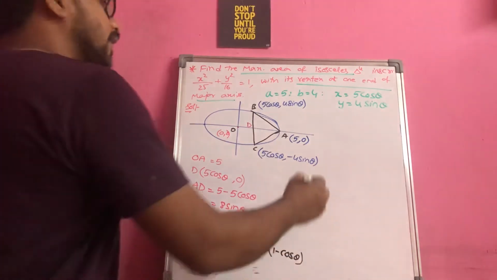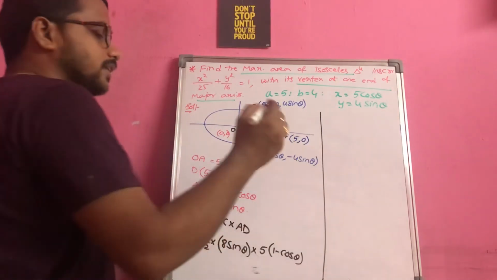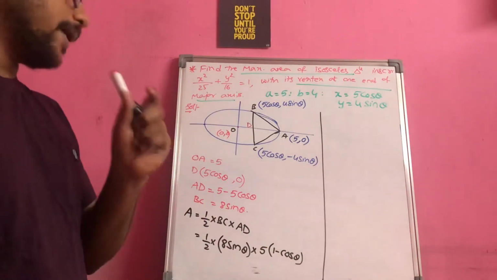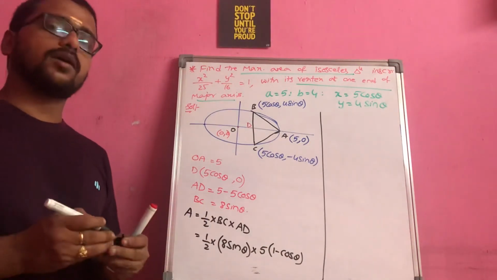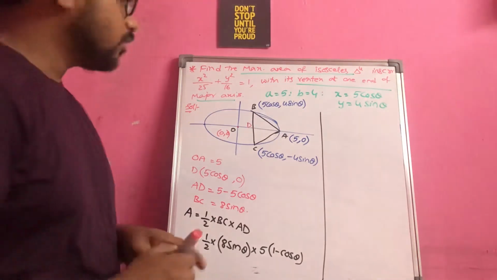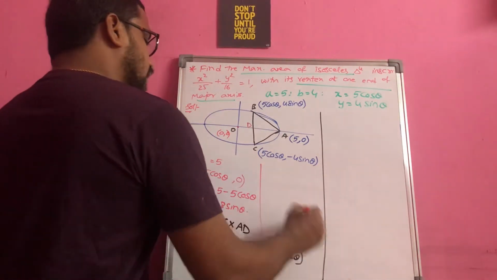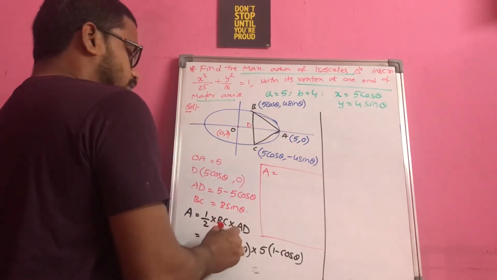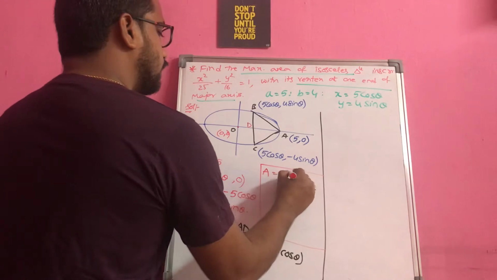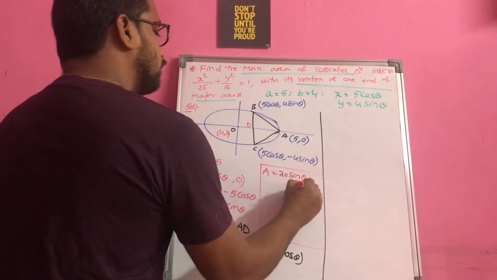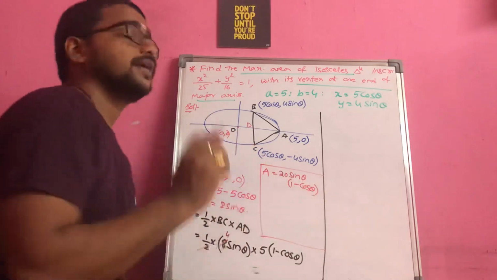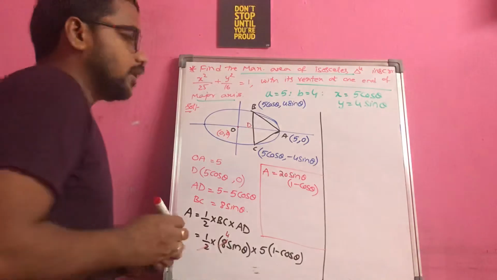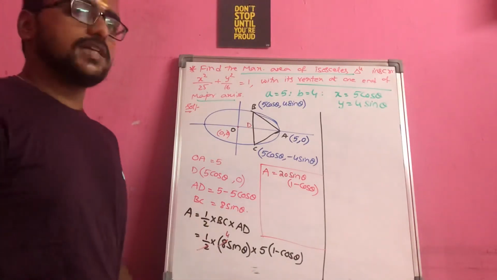Okay. So again, as I told you before, you have only one trigonometric function here, theta. I mean, the parameter here is theta, and with respect to it you have to apply the differentiation. So if you observe further, capital A is equal to half into 4 times 5, which is 20 sin theta into (1 minus cos theta), which is my required function for which I have to apply the differentiation, right? So now let us make an attempt to apply the differentiation.